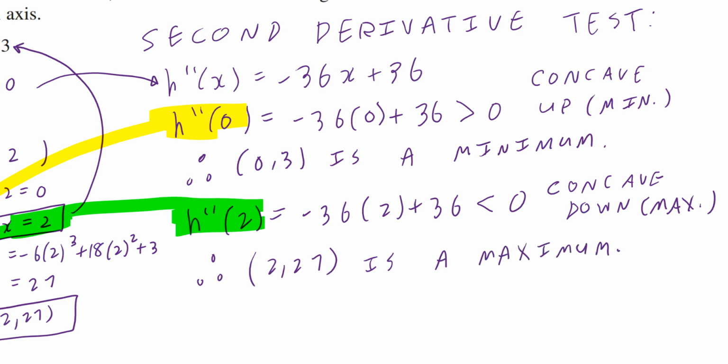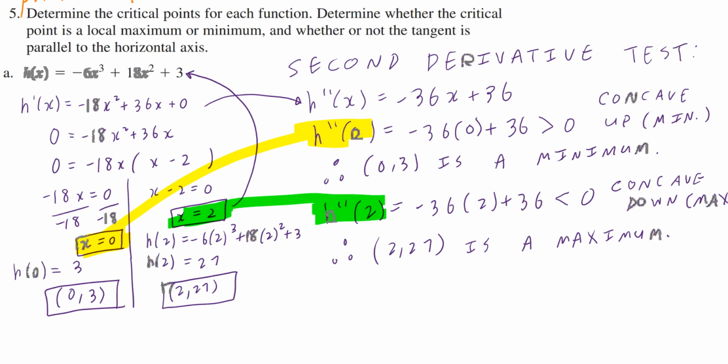Again, we're still not done yet. If you go back to the last part, it says determine whether the critical point is a local max or min, and this last piece, whether or not the tangent is parallel to the horizontal axis. So here's the short answer. Because we found the maximum and the minimum, and this is a polynomial, the short answer is the tangent is parallel to the horizontal axis for both, but I want to over deliver by activating a dual mindset with you. So I am going to write down therefore tangent